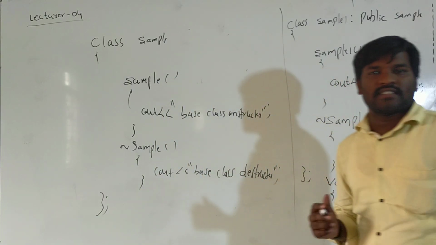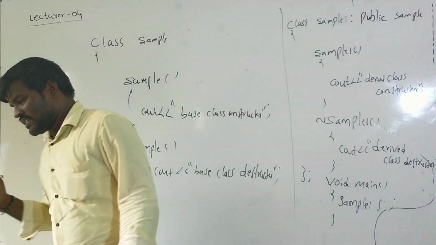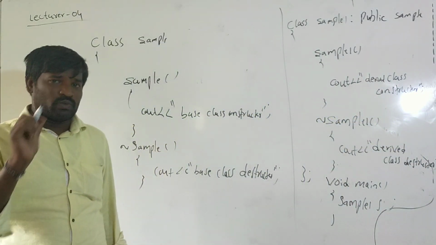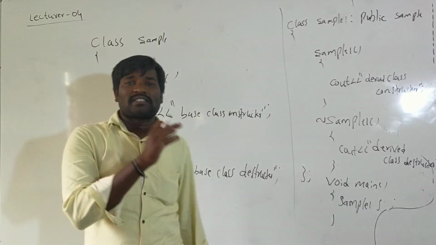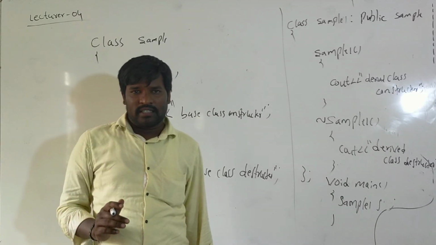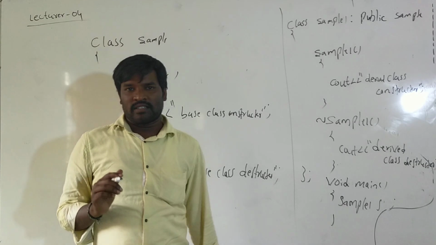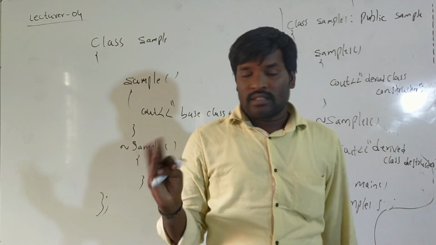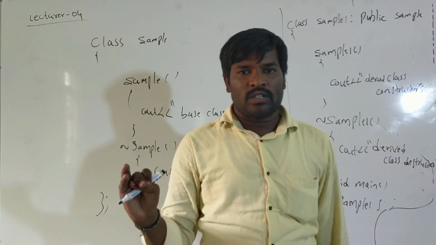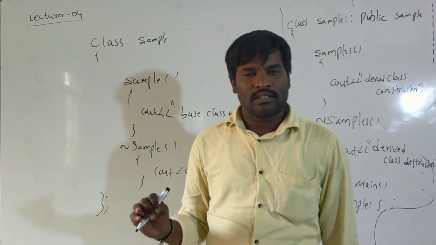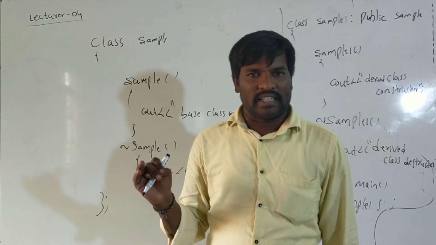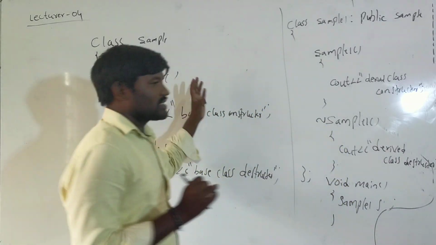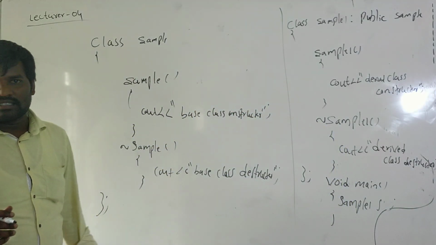In the inheritance chapter, in the final examination, you will get 1 question for 5 marks. All the topics are very easy. Even the chapter is easy. It consists of only 2 to 3 topics. First, what is inheritance and what are the advantages. Then what is visibility mode, and explain the types of inheritance. The last topic is constructors and destructors in inheritance.